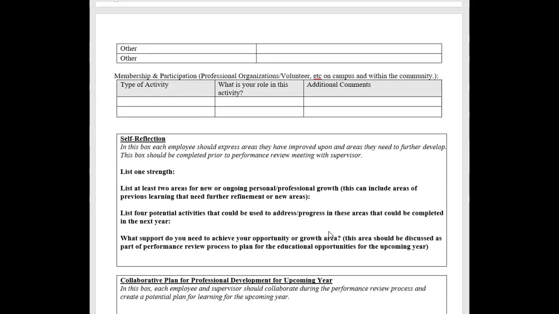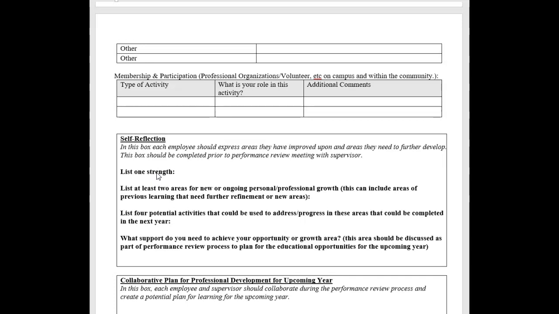The new piece to this is the self-reflection. So we have been working on revamping our faculty performance evaluations for quite some time. We came up with a SWOT analysis, and we sent that to the faculty council and out to the faculty. And faculty were not really on board with that idea. So we wanted, as division chairs, to do something that we felt would benefit you and help you become a better instructor. And this is kind of what we came up with.